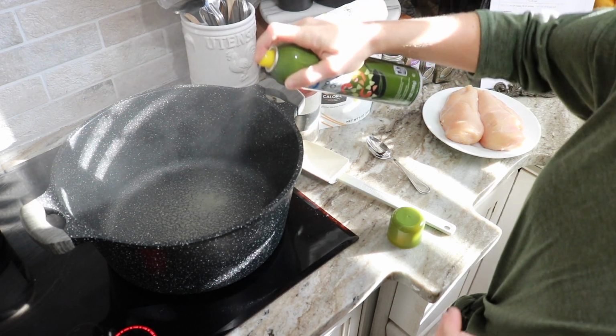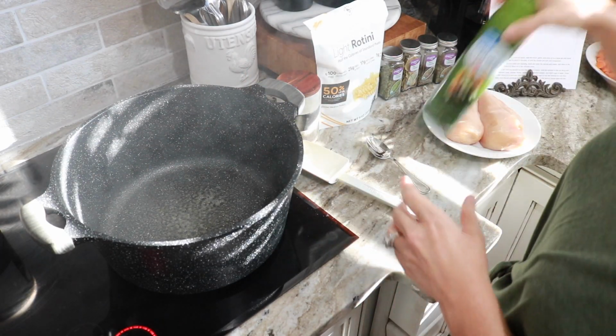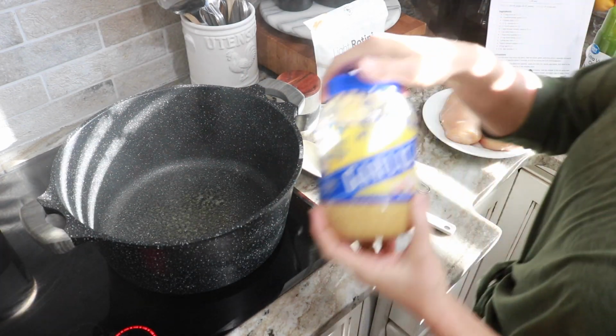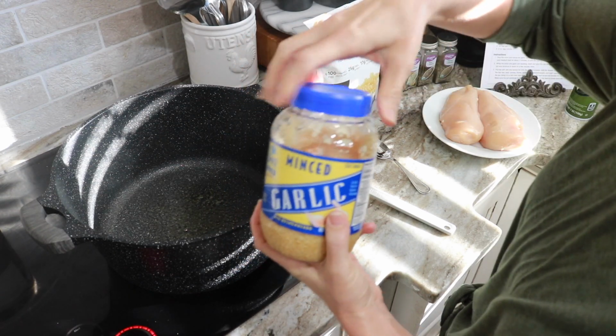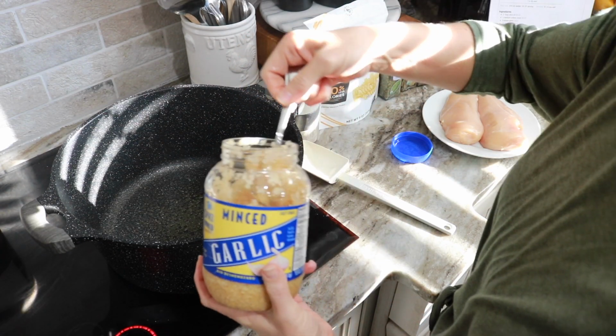We're just going to spray some of this olive oil spray. This is almost empty, actually. And we're going to go in with our 3 teaspoons of minced garlic, and let that saute for a minute. And then we'll add in our carrots and our